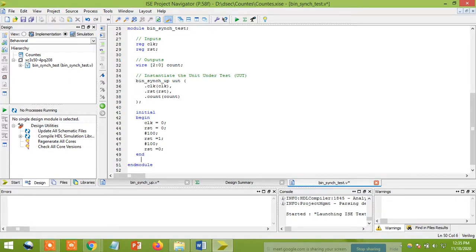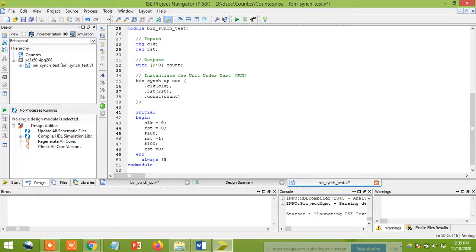Remember, always, because it continuously needs to be changed, right? That is my intention. Clock means it will go 0 1 0 1 0 1, continuously changing. Yes, always. So make sure that the delay you give should be less than this one, then only you'll easily get the waveform. You can give 10 or 5, your wish. I'm going to use 5 here. The #5 indicates the delay.